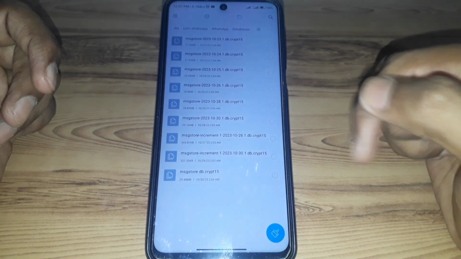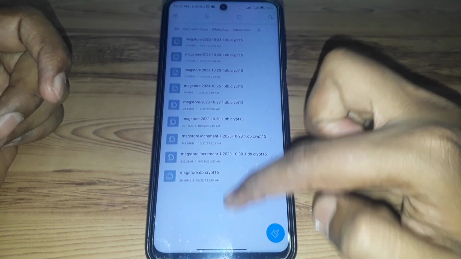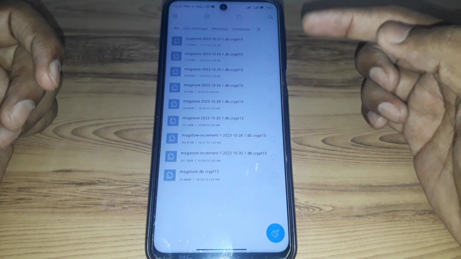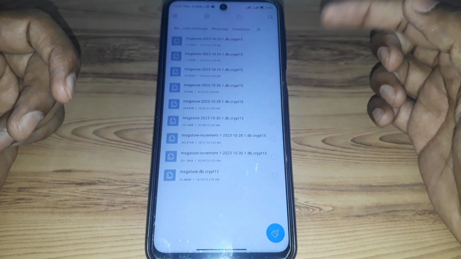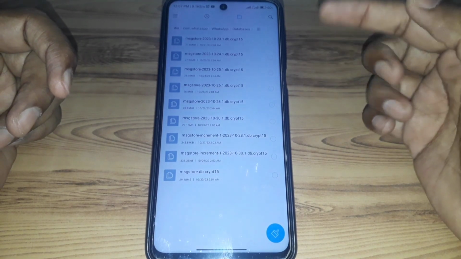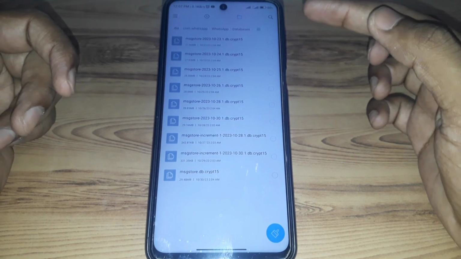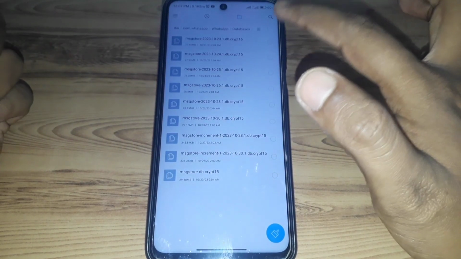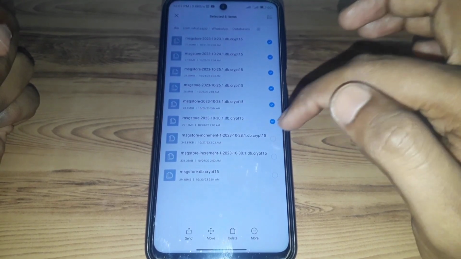As you can see, WhatsApp usually creates a local backup on your device and saves it in your device. So if you do not back up your device and you do not have an internet connection, it automatically converts your chats into a local backup. Now if some message is deleted, then it will already be in that backup. So first of all, you have to select that backup,